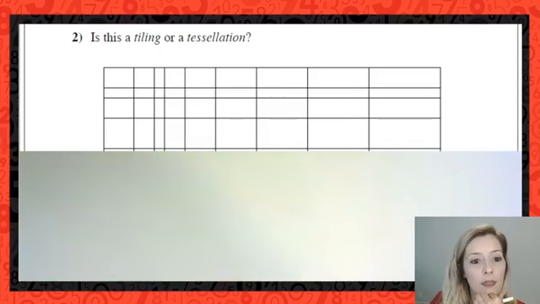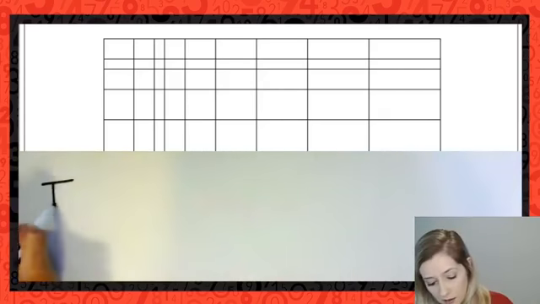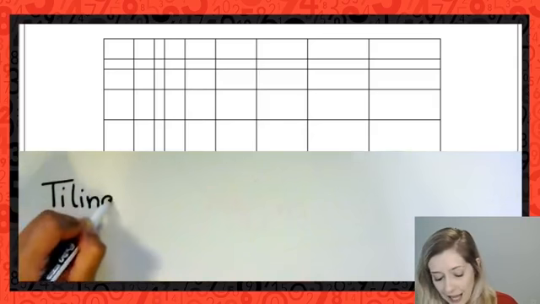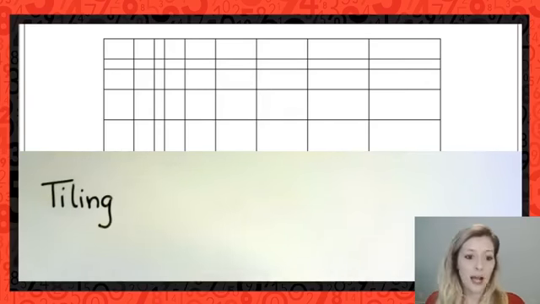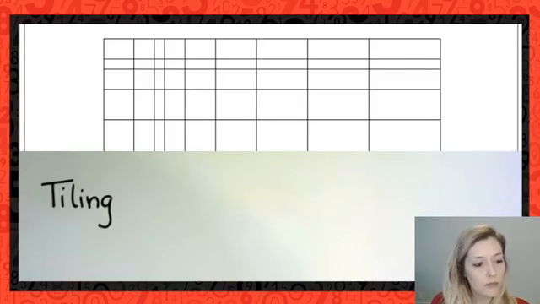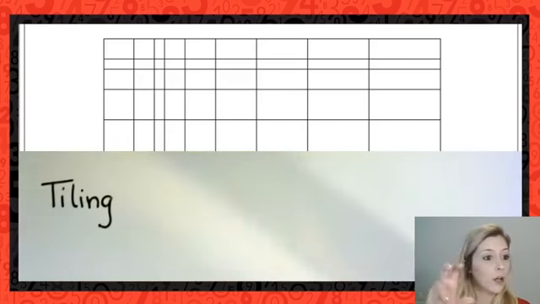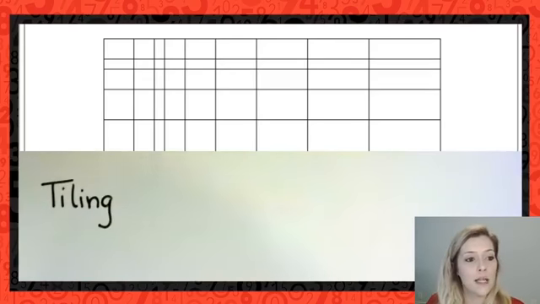Can we look at this? And I know I'm not showing you the whole image on the screen. I apologize for that. But can you find one pattern that's being repeated here? I cannot, so we can definitely call this a tiling. Okay, because it is at the very least covering up, filling in the entire plane with no gaps. It's a bunch of rectangles, some smaller, some look like they're even squares, all the same sides. So there we have a tiling.